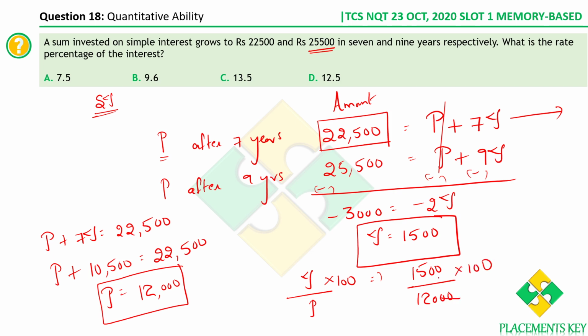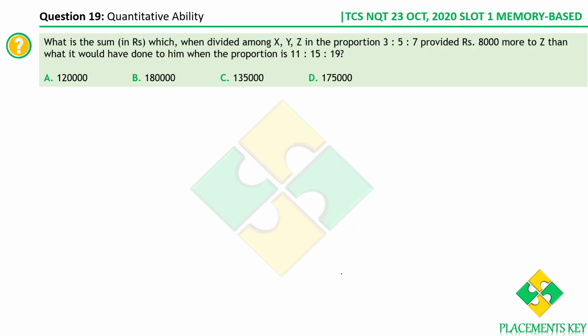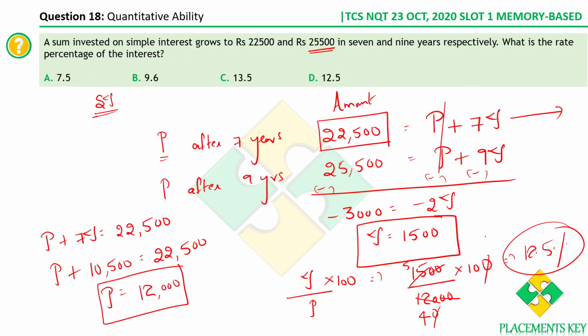The zeros are gone. What else do we have here? You have 3 4s 12, you have a 40, 3 5s 15, and a 0 is gone. You get it as 50 by 4, that is 12.5%. You know, the rate of interest is always calculated on principal as a percentage of principal. What is rate of interest? Interest upon principal into 100. You get the answer as 12.5%.